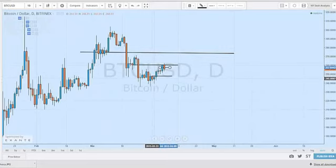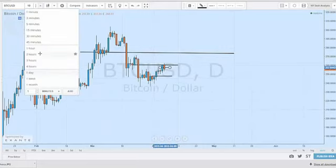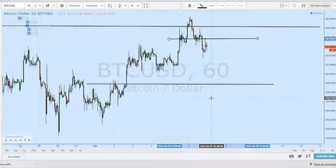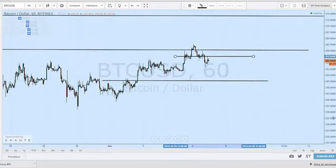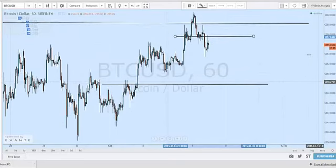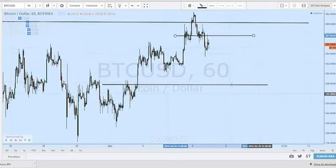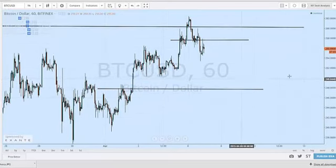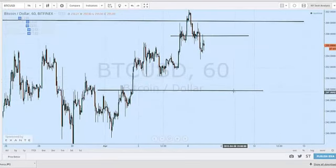Yeah, we got this order block there. So let's go to the hourly. These are just all the levels we got. Where's our daily order block? I think this is the daily order block. Actually, dude, you know what happened? I drew this on the hourly, but it's right at the daily order block. So that's pretty much how deep in the matrix I am. So this is the daily order block